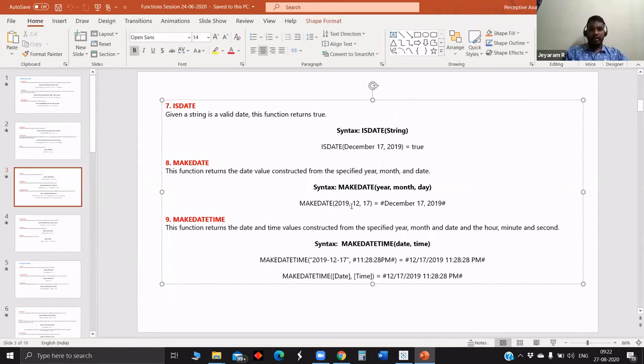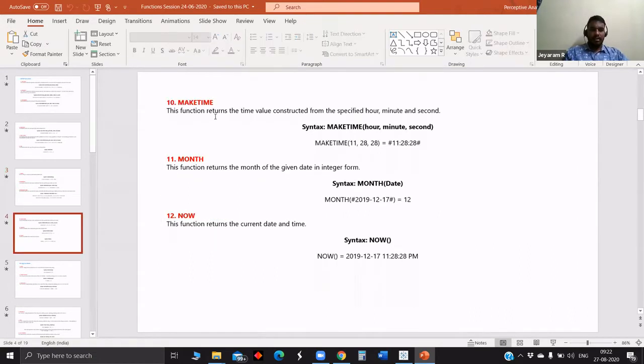If you want to make it as a date, then you can use the MAKEDATE function and you can get the specific date. Similar to MAKEDATE, if you want to be more precise and more accurate about time, you can go for the MAKEDATETIME function. Then similar to MAKEDATE, we have MAKETIME. If you have hour, minutes and second, we can just use this